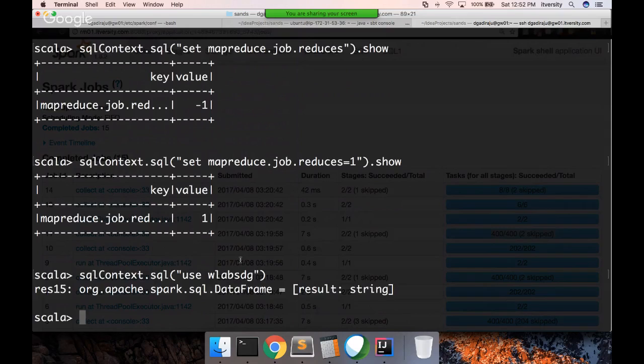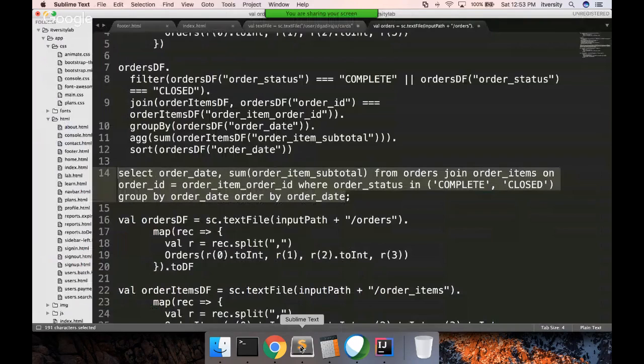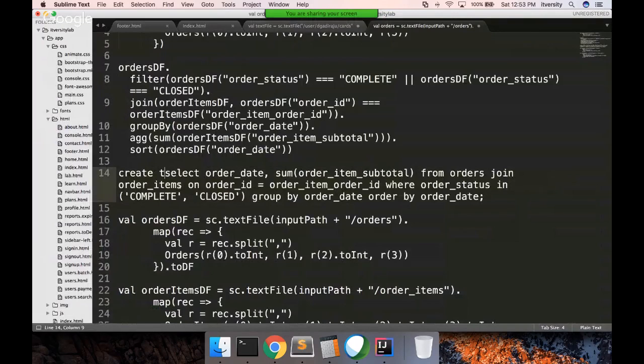command in Hive, this is not a Hive course, I'm not going into details, but if you are already familiar with load commands and insert commands in Hive, you can say SQL context dot SQL. Let's say I want to create a table out of the output, which we are running here. Okay, so let us define it here. Create table as, create table